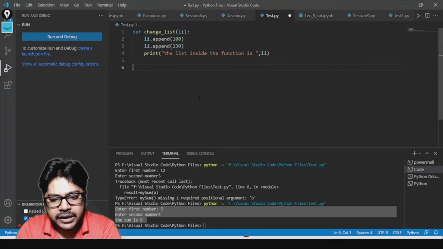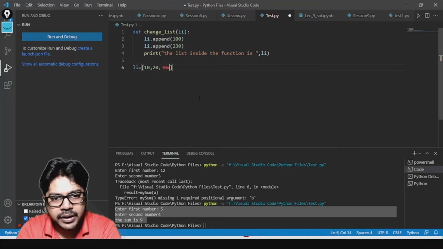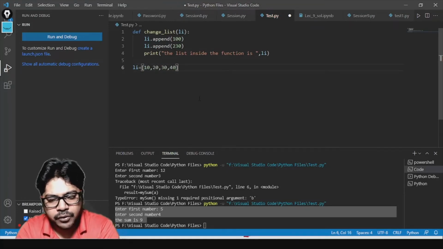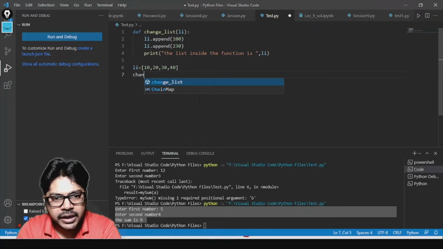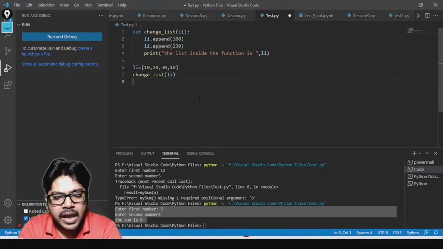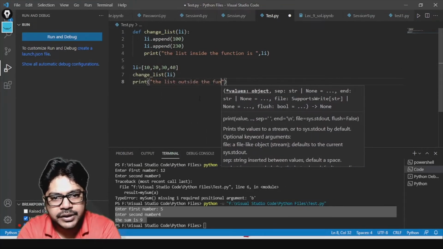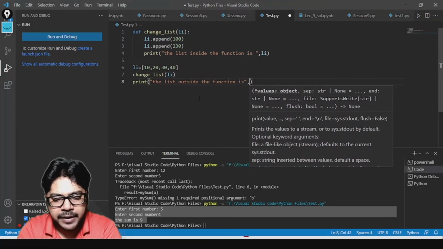Now outside the function I'm going to create the list. The list is going to have 10, 20, 30, 40, these four values. Now I'm calling that function change_list, passing the list as the parameter, and then printing "the list outside the function is" and printing this li again.